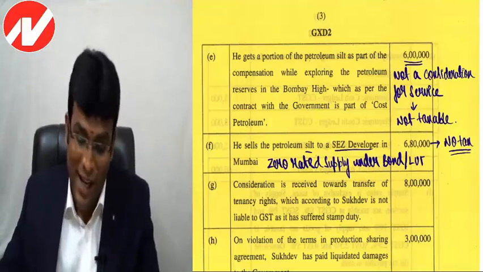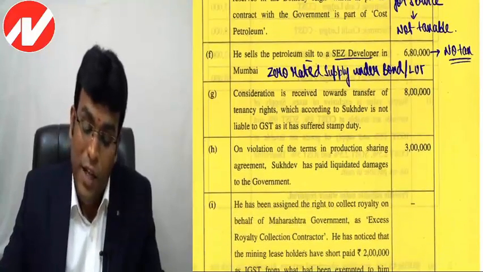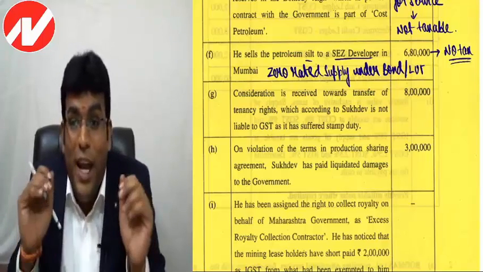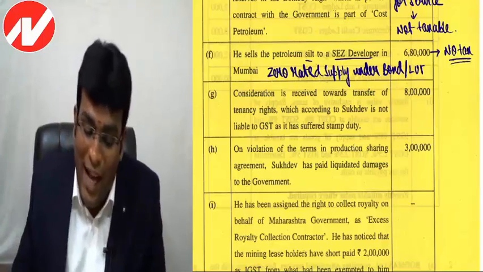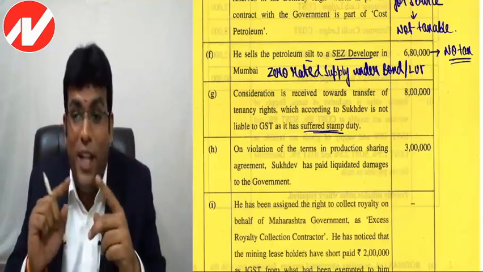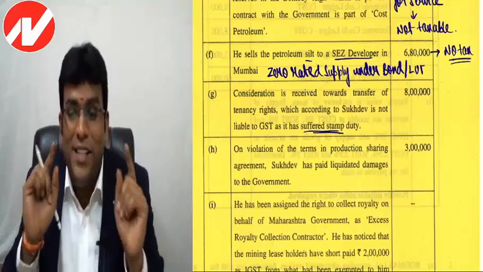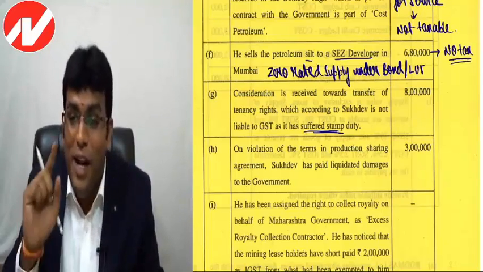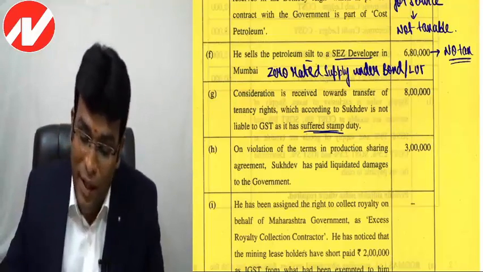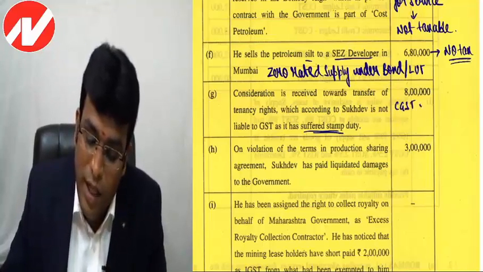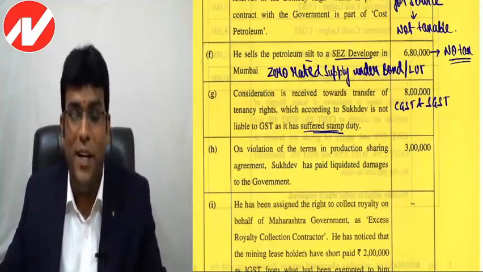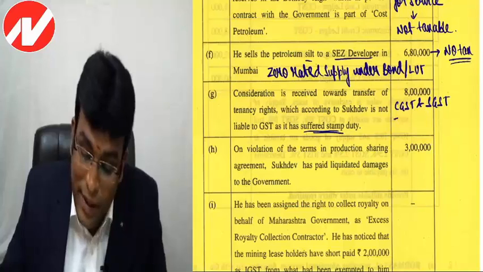No tax will arise. Then consideration is received towards transfer of tenancy rights, which according to Sukhdev is not liable to GST as it has suffered stamp duty. So one point, let me very clearly tell you that transfer of tenancy rights against consideration in the form of tenancy premium is always taxable, my dear friends. No doubt about it. Even though stamp duty is being charged, still it becomes taxable. CGST and SGST. 8 lakhs into 9%. 8 lakhs 9% comes to 72,000